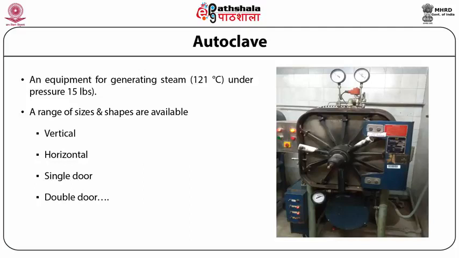If your operations are large, then it's always kept in a separate room, which is well ventilated, as the autoclave generates a lot of heat. In commercial tissue culture labs, most of the time double door autoclaves are used, in which prepared media is loaded from one side, and after sterilization you open it from the other side, which is in the clean area. So there is no movement from non-clean to clean area.